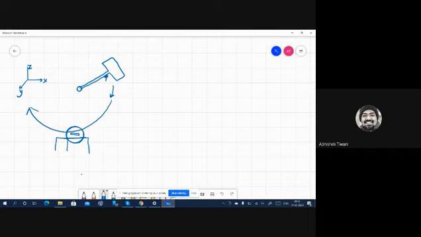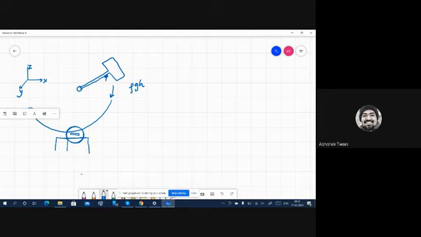And then, if there is no specimen here, this hammer should go uninterrupted in this direction, and it will be consuming all its potential energy, whatever you have given it, right? So rho g h, whatever is there, that will be consumed. So it will be transmitted as kinetic energy, and it will go up to a certain height. But if some amount of energy is consumed by the specimen due to breaking it, then it will not go to that amount of height, right?